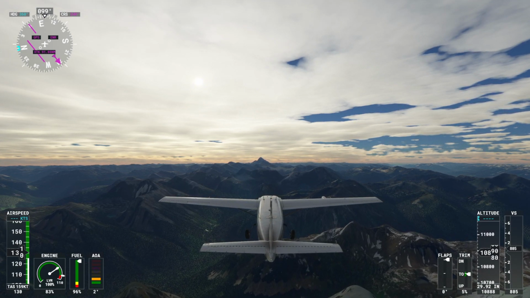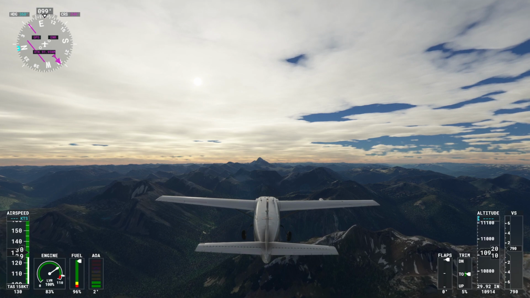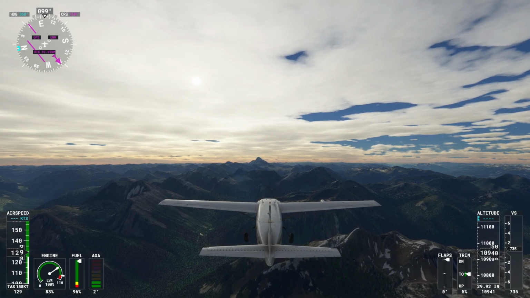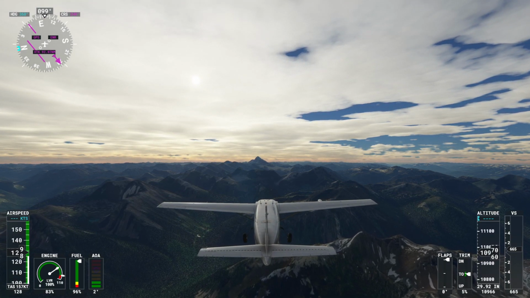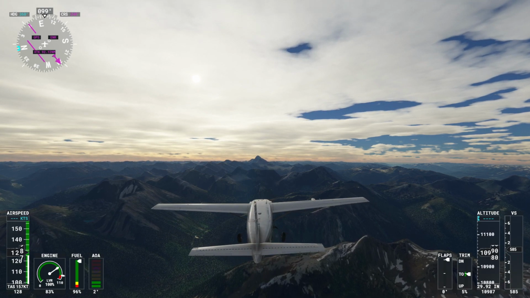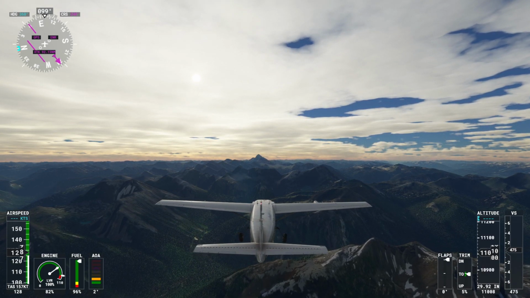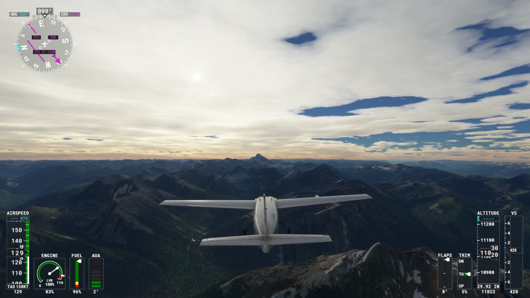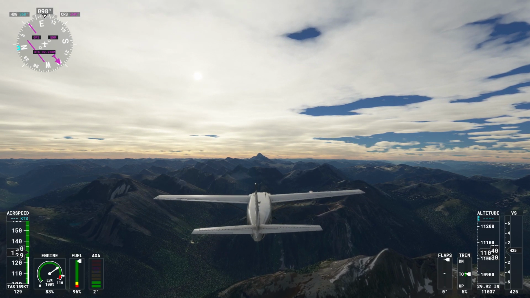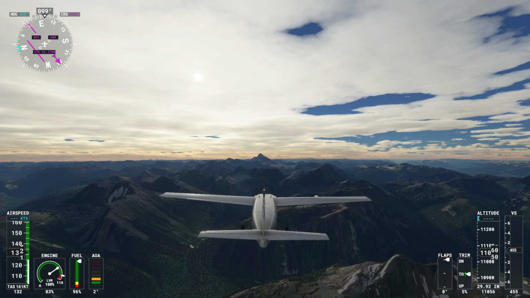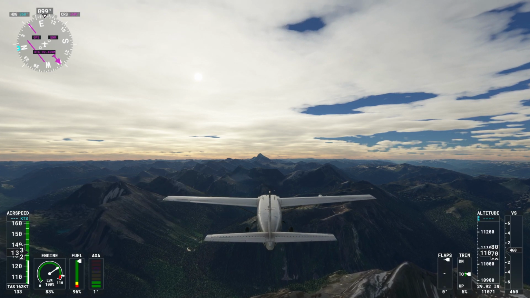No sign of civilization, though. Mount Longstaff, and that would pass over the boundary of Mount Robson Provincial Park. Don't feel like we're quite high enough.